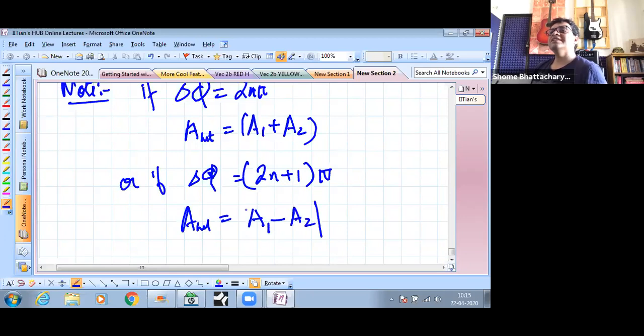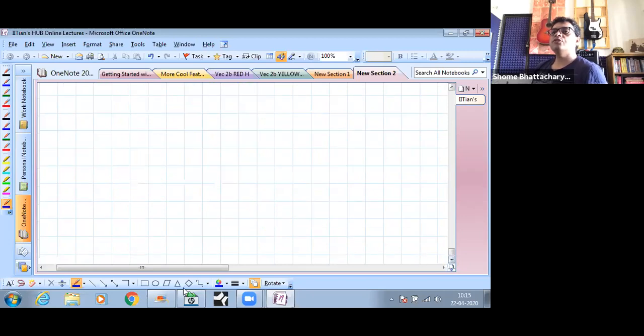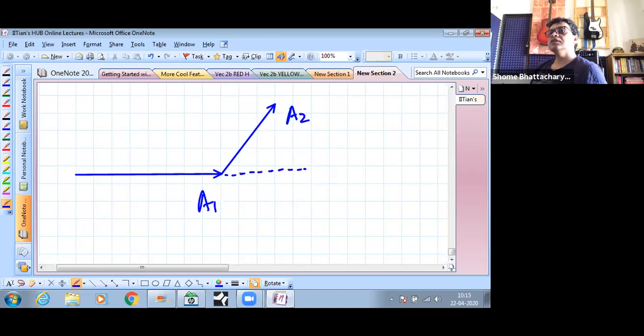Okay. But for the general case, what is the easiest way of solving? Instead of the formula, you use the phasor diagram. The phasor diagram method is like this, that if you represent your first amplitude with a phasor which is at zero phase, and notice that I'm making something which looks like a vector diagram, but we cannot use the term vector here because amplitudes are not vector quantities, they are scalar quantities. So in this diagram, this angle is the phase difference between the two waves, and the resultant amplitude actually becomes this one. So this diagram now represents